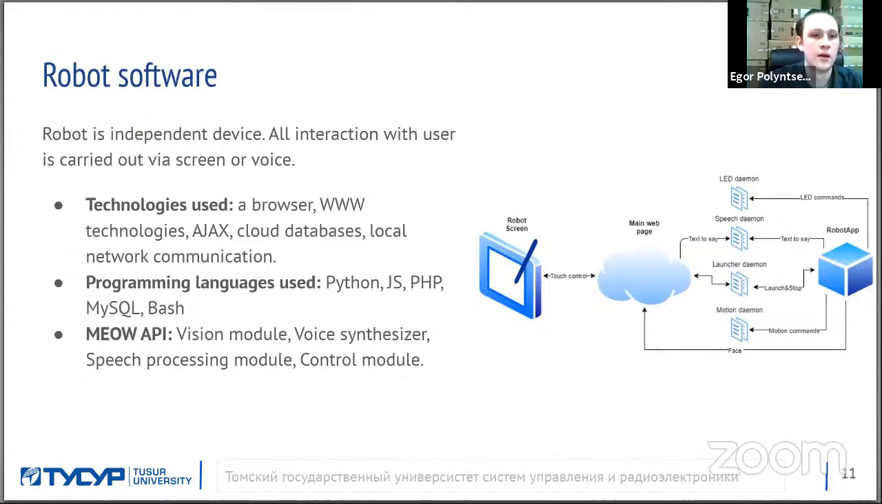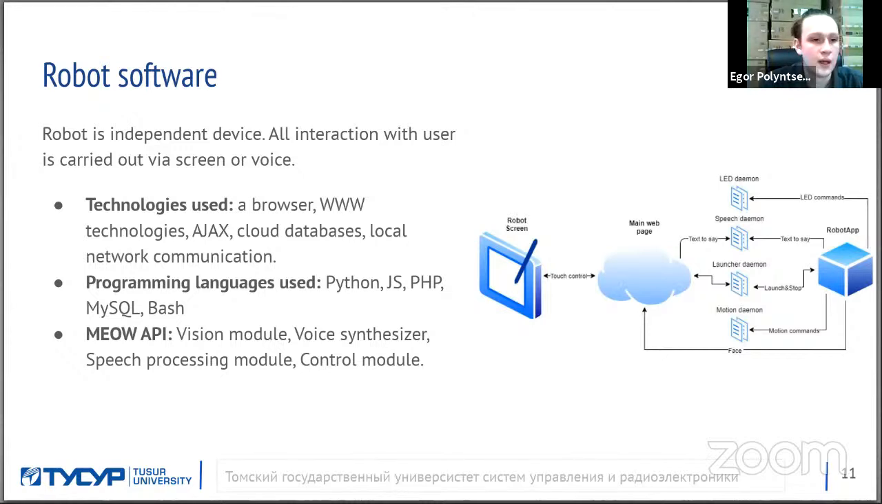Robot software. The robot is an independent device. It does not require an internet connection to work. All interaction with the user is carried out via screen and voice. We use the browser as a main source where the information is shown. The browser represents the menus, the faces, and so on. That's why we use browser technologies, Ajax, JavaScript, cloud databases, local network communication, and a database, which here means the local robot database, and